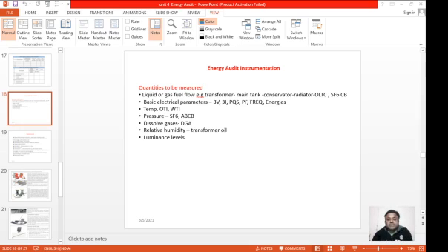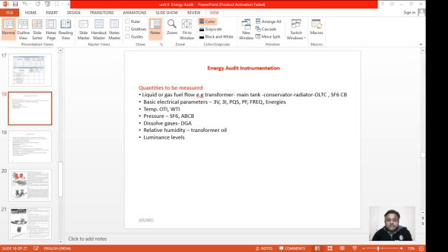Today, we'll have a discussion on energy audit instruments, that is, what type of instruments are used while conducting an energy audit. So not only electrical, there are some other instruments also which are measuring some other parameters or other properties that we are going to discuss today. So firstly, we'll study what are the quantities or parameters that are to be measured by